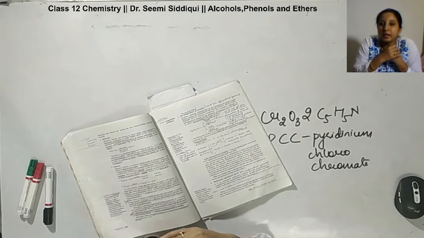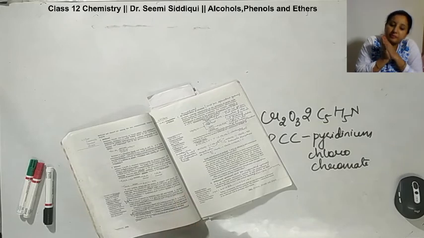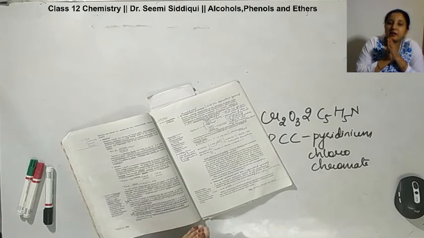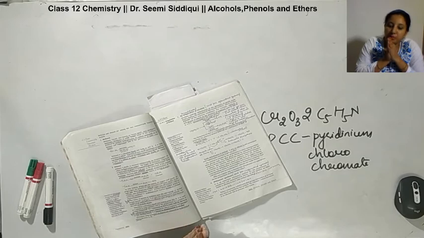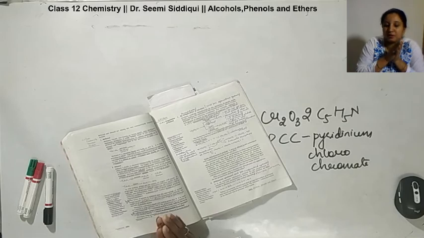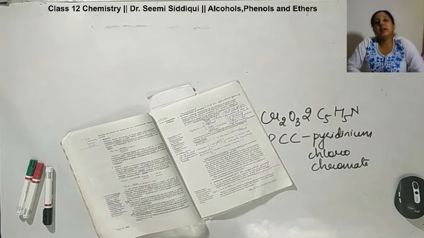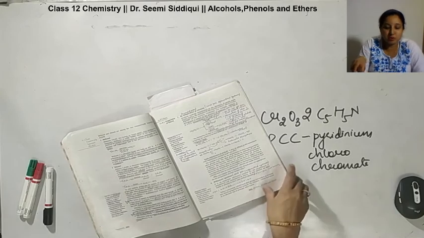Coming to the preparation of the ether. Preparation of the ethers में अगर आपको symmetrical ether बनाना है, then you are going to apply the dehydration of the alcohol. Dehydration of alcohols अगर आप करोगे, then you are going to obtain the symmetrical ethers. इसकी क्या limitation होगी? That you cannot prepare an unsymmetrical ether with the help of this. Clear? And एक disadvantage ये हो गई, when you are going to apply this method, there will be a small amount of alkene also formed over here.